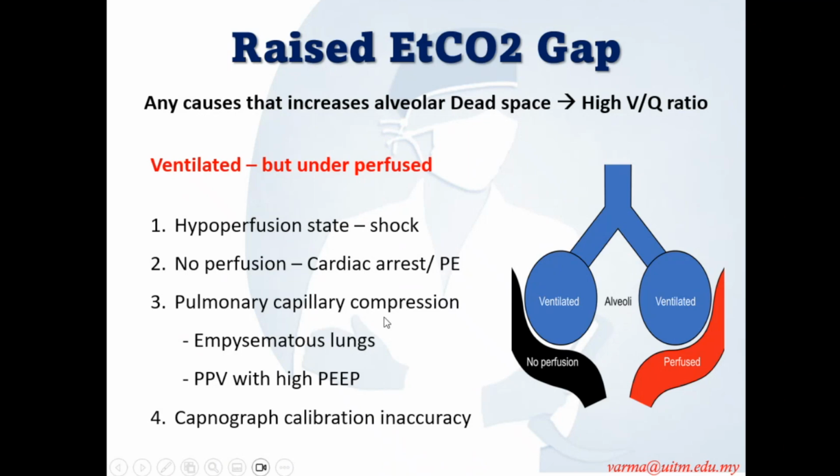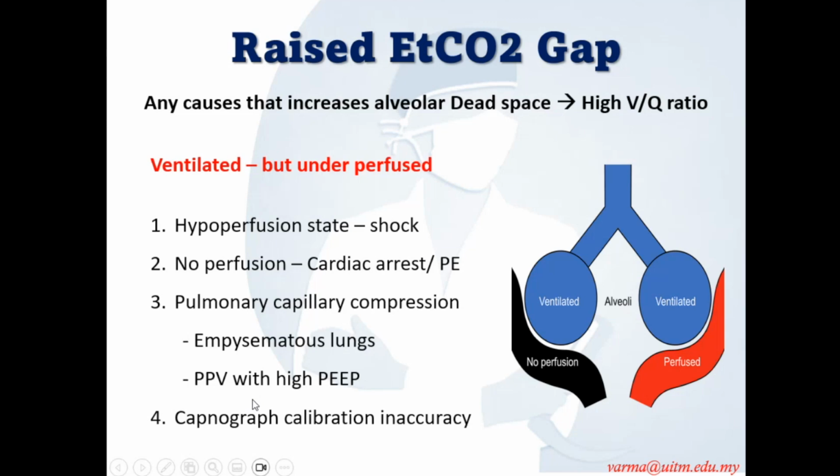Pulmonary capillary compression. The BP is okay, the patient is not arrested, but these pulmonary vessels are very small. They can compress when your alveoli become bigger. In emphysematous lung, there is air trapping, so the alveoli get distended and distended, so the pulmonary capillaries around the alveoli get compressed, reducing the perfusion. Or in a patient with positive pressure ventilation, where you use very high PEEP,